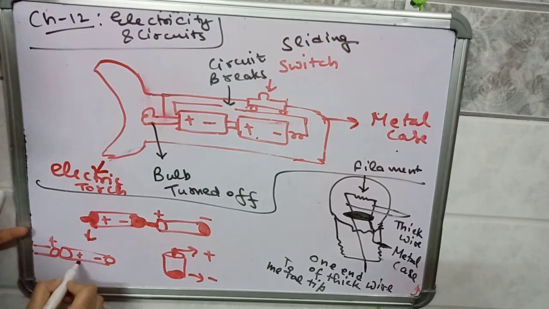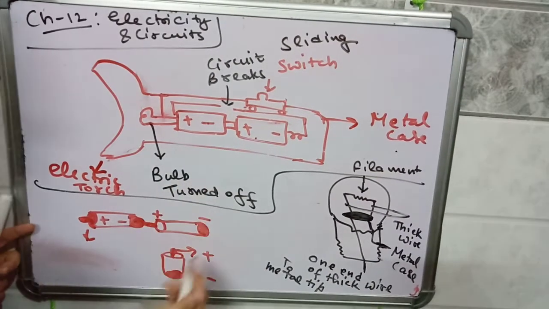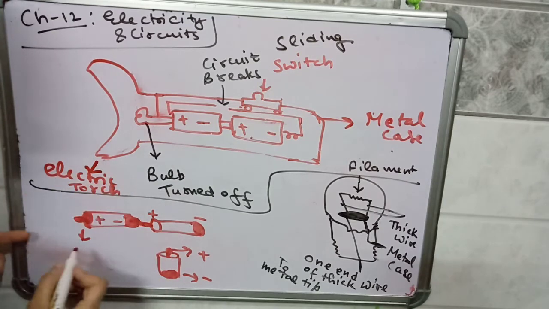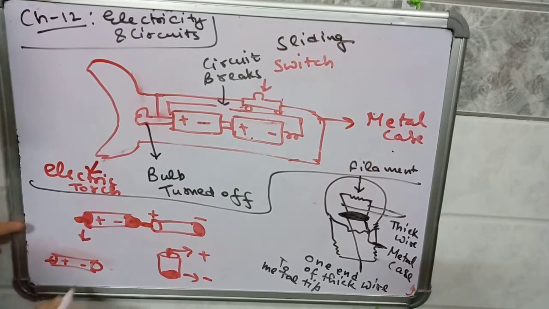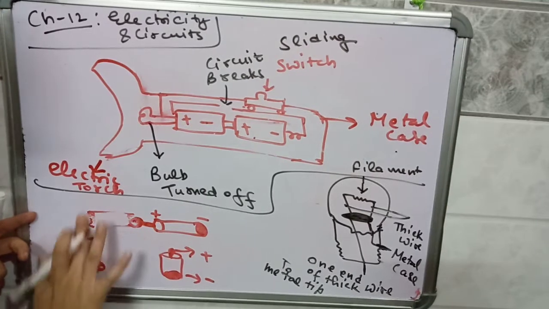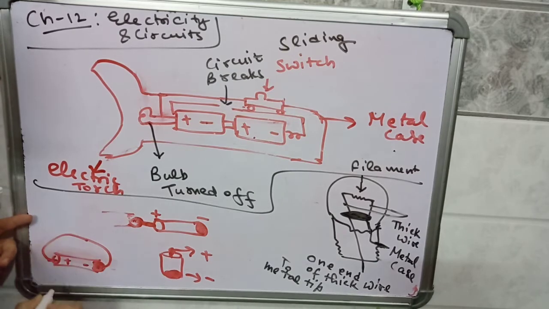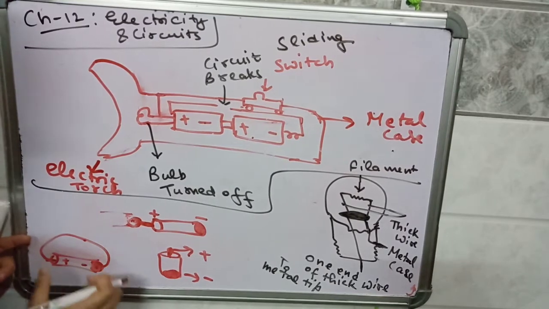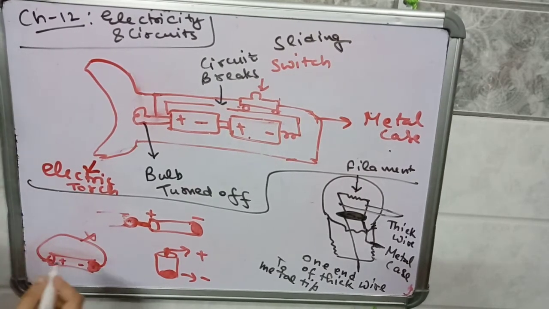You will never connect the positive of one cell with the positive of another cell. So the connection is always like this: the negative of one cell is connected to the positive of another cell. Another important factor is, if you take a cell like this with positive and negative terminals, you will never ever connect a wire across these two terminals. Why so? Because the energy present in the cell will be consumed very fast and the cell will be dead. So you will never ever connect the positive and negative terminal of a cell or battery.